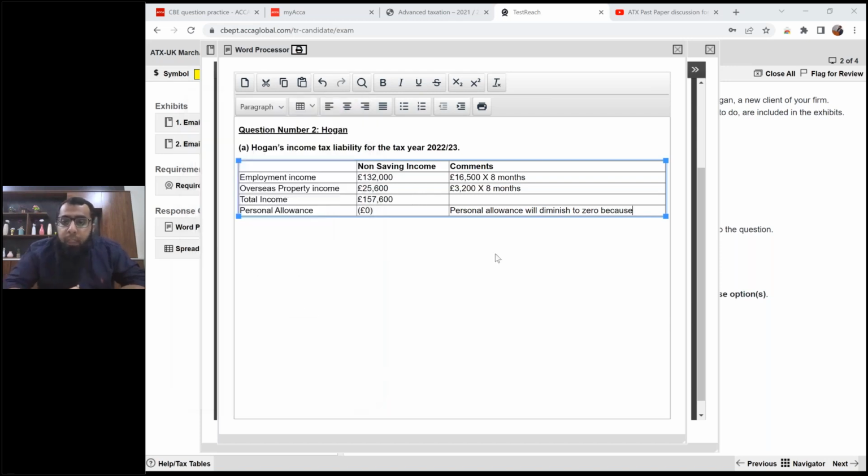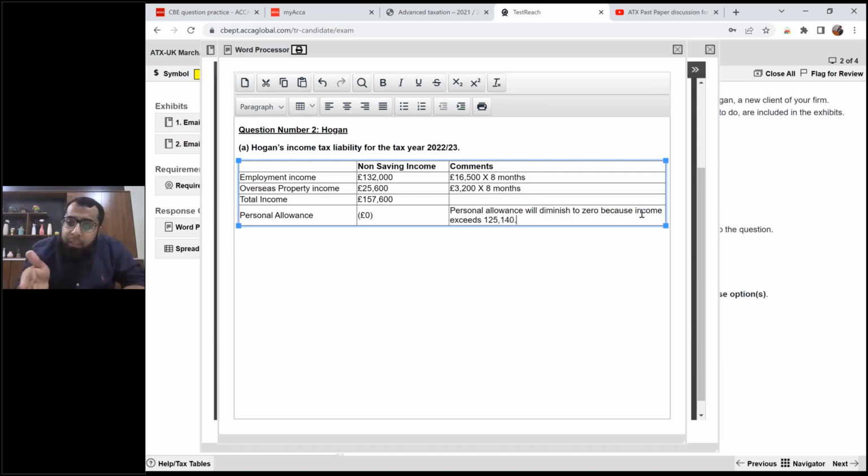So the personal allowance will diminish to 0 because income exceeds 125,140. 100,000 is the limit and 25,140 is the excess at which the personal allowance is fully diminished. These are the small things for which you need to hold expertise and remember carefully. So now your taxable income is